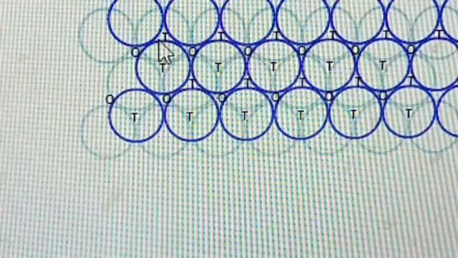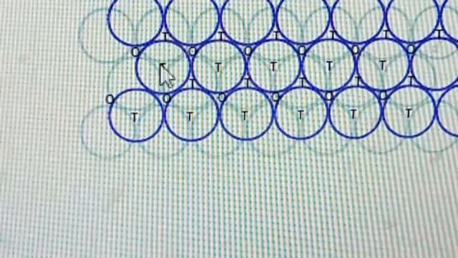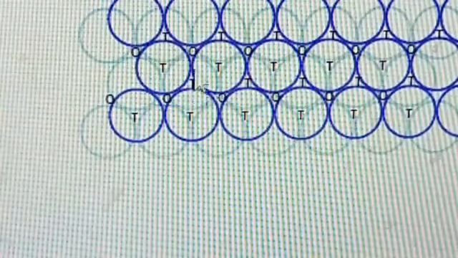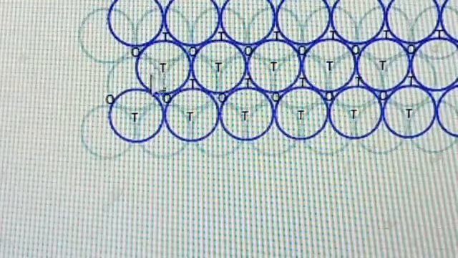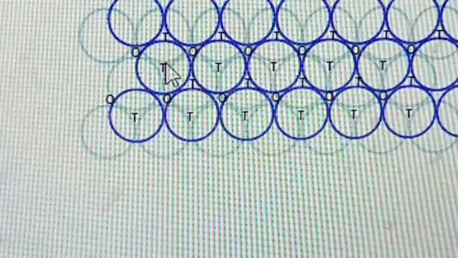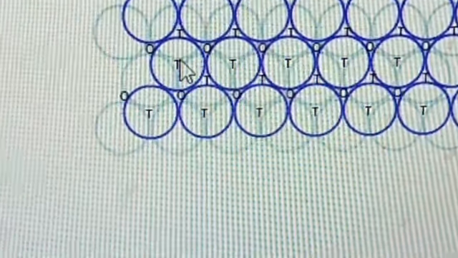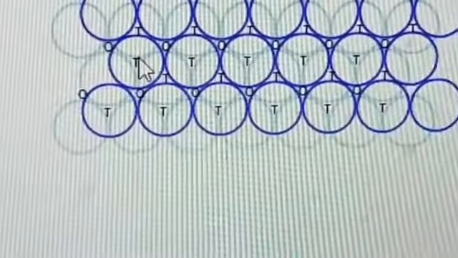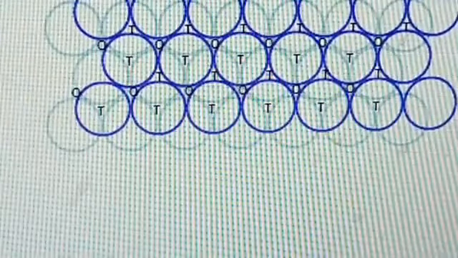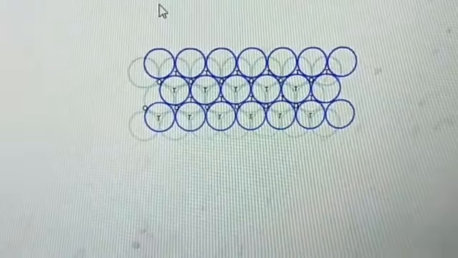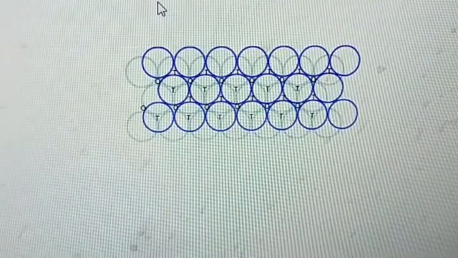So when we join the centers of these four spheres, this is one, and this particular sphere. So what can we get? We can get a tetrahedron. So we call these types of holes tetrahedral holes. And all those tetrahedral holes are represented with a letter. Which one? You can clearly observe, we represent them with T.